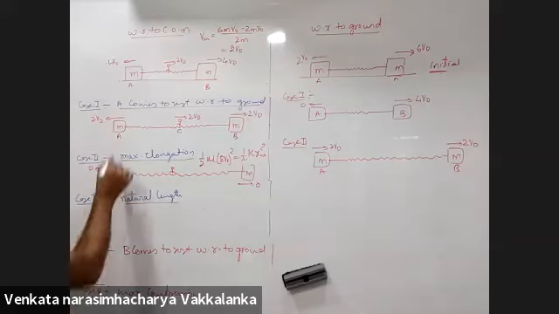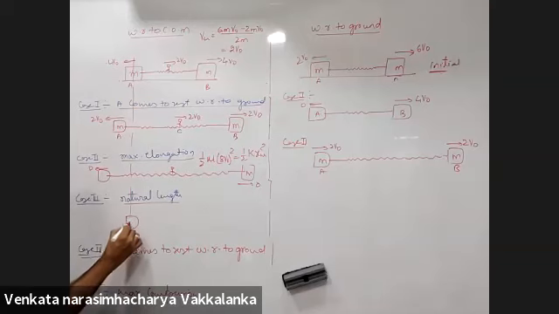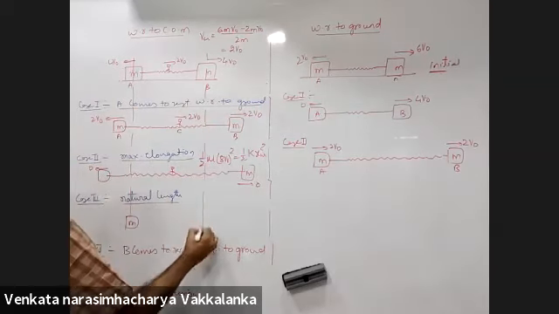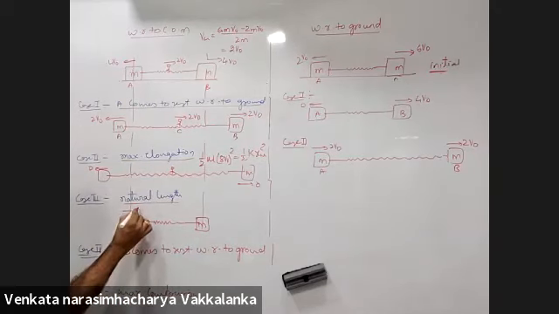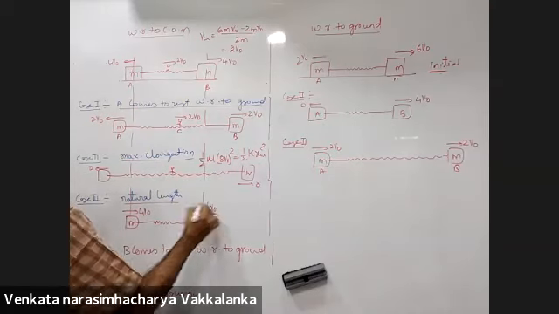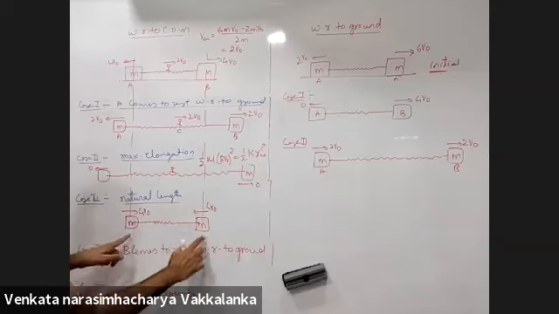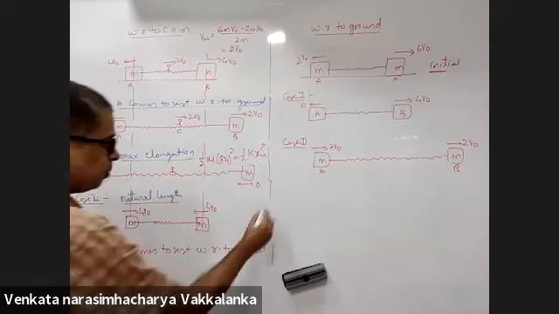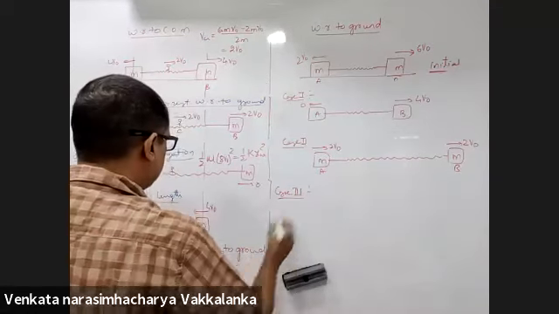Yes, sir. Natural length will come when this small m and this small m are on their way back with the same speeds. This should be 4v0. This should be 4v0. That will be the natural length, on its way back with the same speed. So this will be case 3.